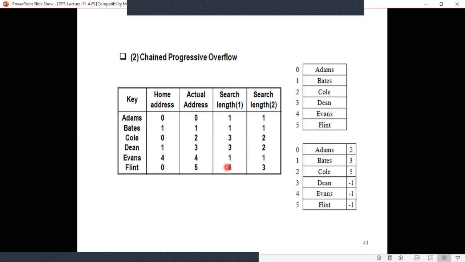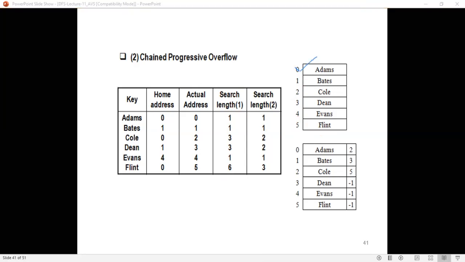Now what is the search length in case of progressive overflow? How to calculate the search length? Adams's home address is 0. In one disk access, you can fetch Adams, right? So the search length is 1. Next, Bates. What is the home address? 1. At 1 you have Bates. What is the search length? 1. Next, Cole.